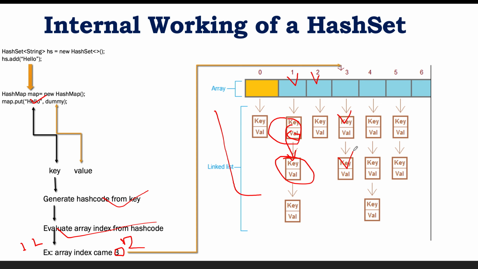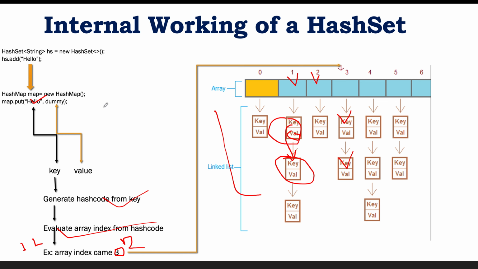That's why it is good practice to use the hashCode and equals methods together to make sure it performs all the operations correctly, because this is the actual use of hashCode and equals. If it used only the hashCode method to generate the hash code, then get the key and put in the value, it would not be able to perform all the operations, because there is a chance that for multiple values the hash code is the same, right? Let's say it gets the hash code based on the ASCII values, I mean the addition of all the ASCII values.